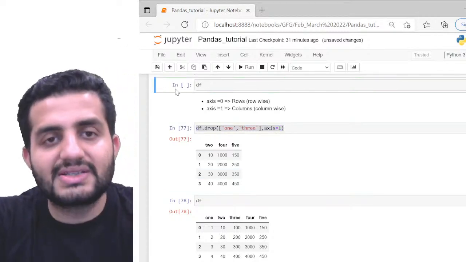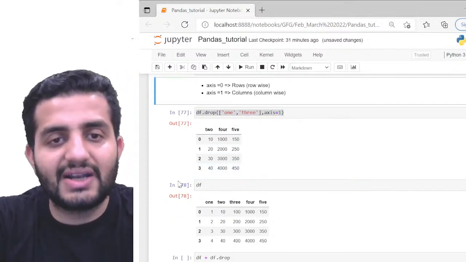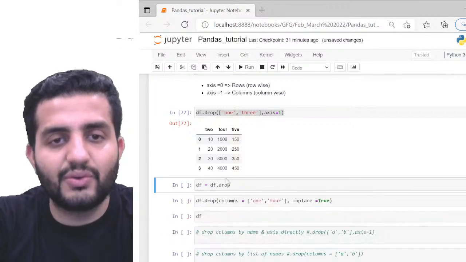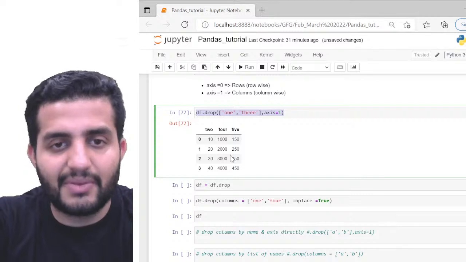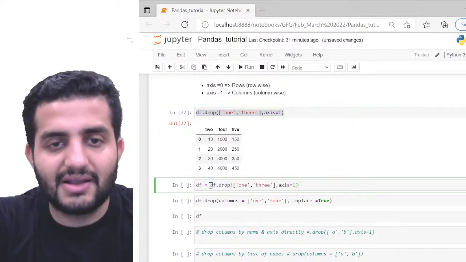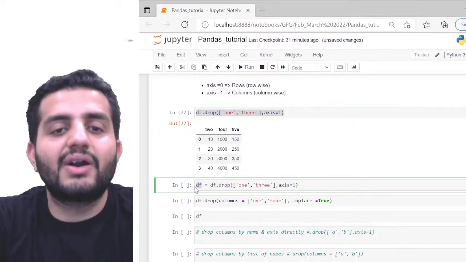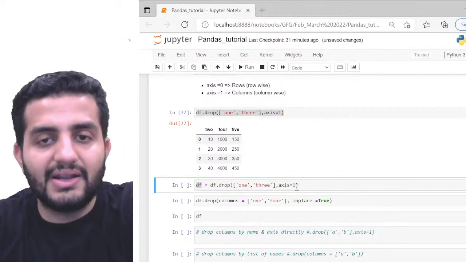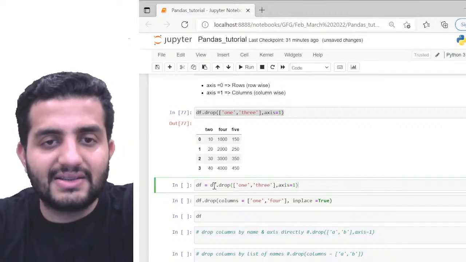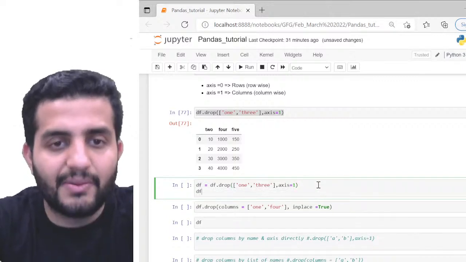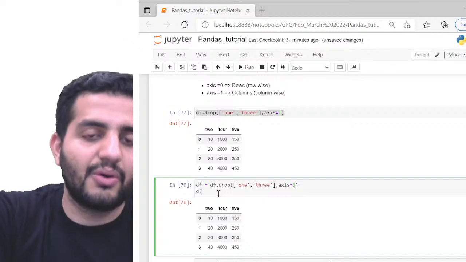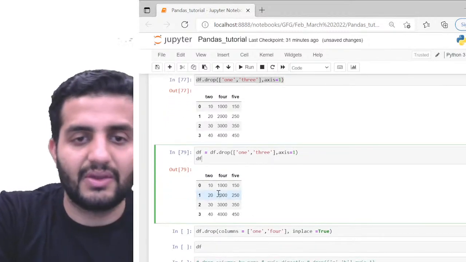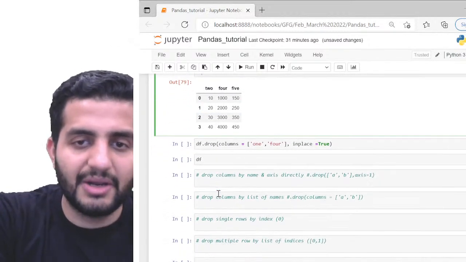So what I have to do in this case is save the data again in the data frame. I have to assign this, run the same information, for example, like this. If I do it like this, now my df got altered, and in this case the data frame will get changed. Now if I print df, my df will have only 2, 4, and 5. Now the original data frame got changed. Okay, pretty much we have that.